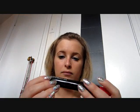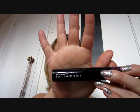And while I was drying my hair and waiting a couple hours for my camera to recharge, my waterline there, I'm just going to touch that up because it just faded a little bit. Ta-da! Okay, so moving on to my MAC, of course, MAC, and this is my mascara, my MAC Hot and